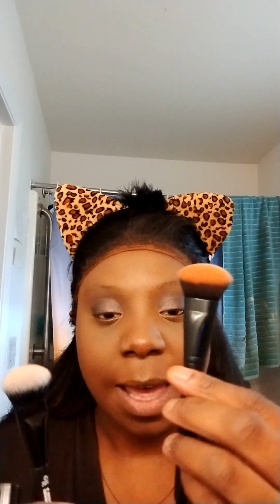So I'm going to do, let's see, I think we can use this. Is that the powder or is that the blush? Do we use that side? Is this the contour? I don't know. I kind of like the one that I have for e.l.f. See if I can find it really quick. Hold on. Okay, so I like this brush here that I got from e.l.f., which came with